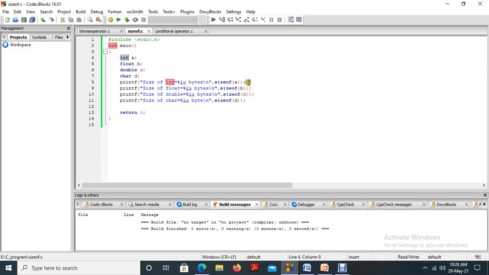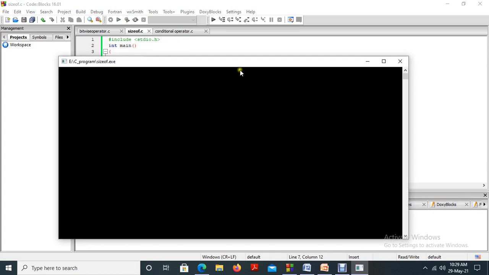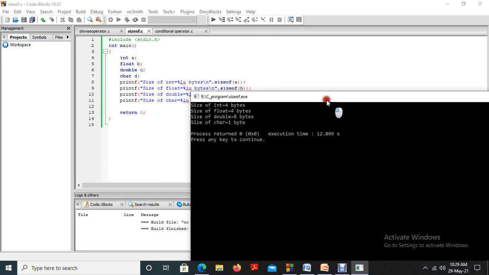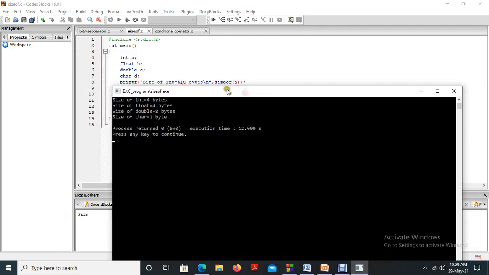We are going to identify the size of a, the size of b, the size of c, and the size of d. Here the size of int, the first one, is 4 byte.